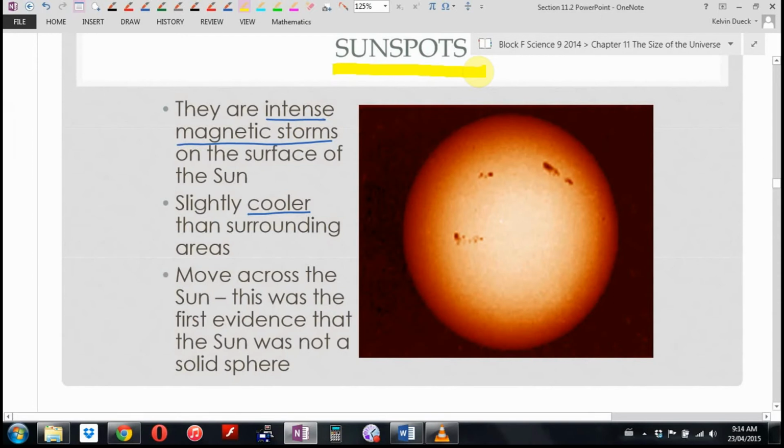And they move across the sun. So astronomers, when they were building telescopes, how do you look at the sun through a telescope? You put a piece of welder's glass or something really, really dark in front of the lens, and then you can safely look at the sun. And they noticed that as they observed these spots over the days, they moved, and they went, oh, I guess that means the sun is not a solid ball. It must be made of something else. It's a seething, almost liquid-like, well, gas. It's a seething, churning sphere, but not solid.